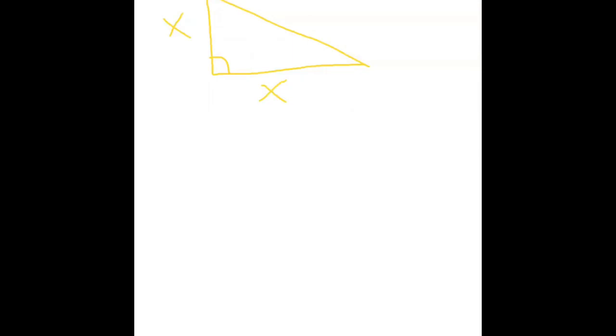And I'm going to say the hypotenuse is equal to 15 root 2. a squared plus b squared equals c squared. x squared plus x squared equals